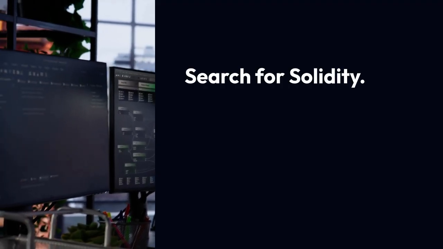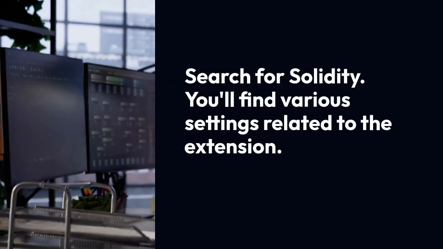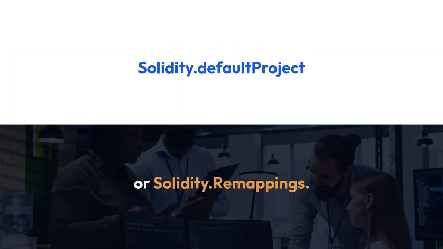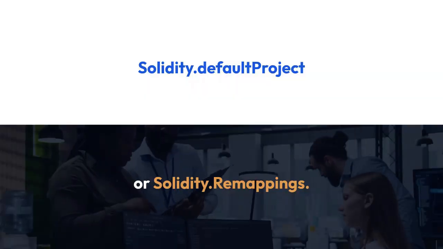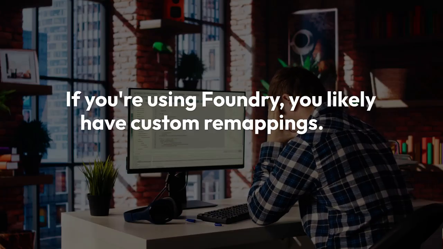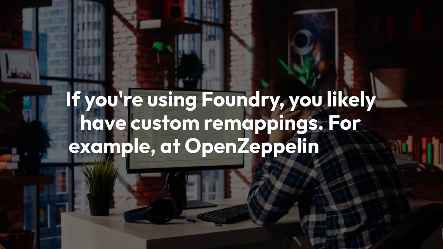The primary solution involves configuring your VS Code settings, specifically for the Solidity extension. First, open your VS Code settings. You can do this by going to File, Preferences, Settings, or pressing Ctrl+, then search for Solidity. You'll find various settings related to the extension. The most critical setting for this issue is solidity.defaultRemappings or solidity.remappings. If you're using Foundry, you likely have custom remappings. For example,